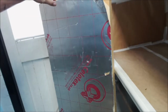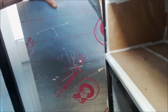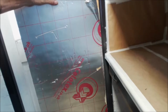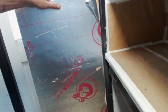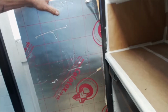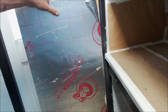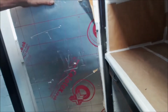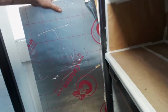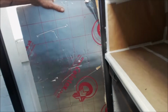Okay, what we're looking at now is Celotex insulation board. A quick rundown about Celotex insulation board. This is used in the building industry for insulating walls, insulating lofts, soundproofing between rooms in stud partition walls. It's also used under the floor. Concrete is poured on top of this stuff for underfloor heating systems and things like that. So it is a very versatile